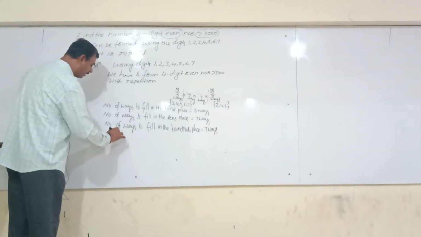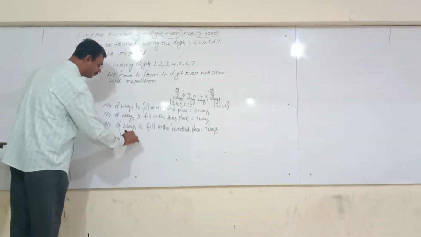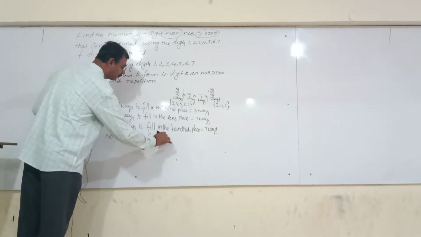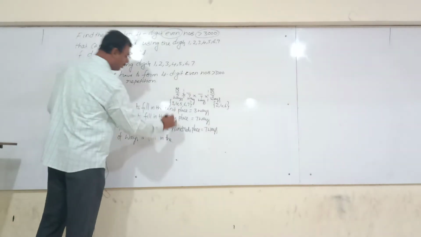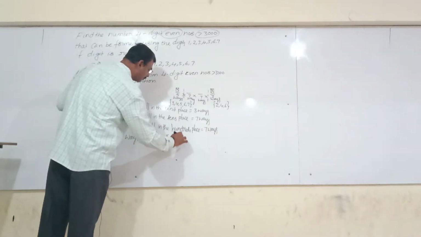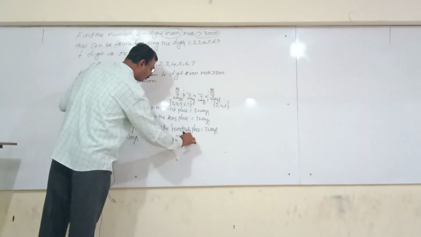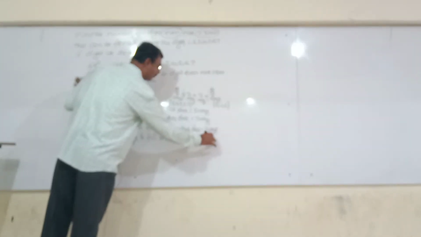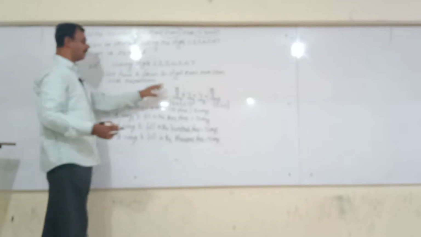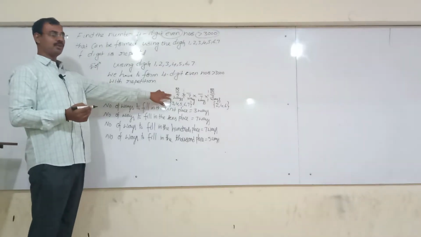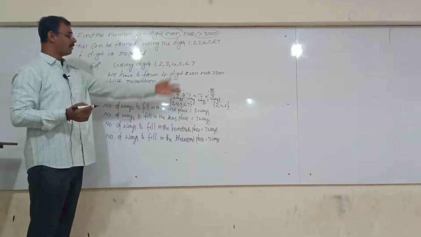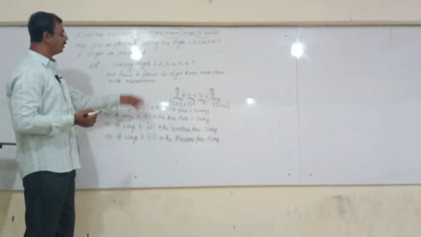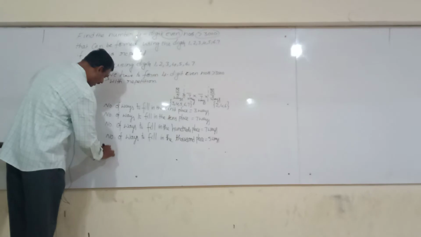Number of ways to fill the thousand place is equal to 5 ways. Actually, this is the leading position, so we should fill this one first; thereafter we fill the tens, hundreds, thousands places. Therefore, hence,